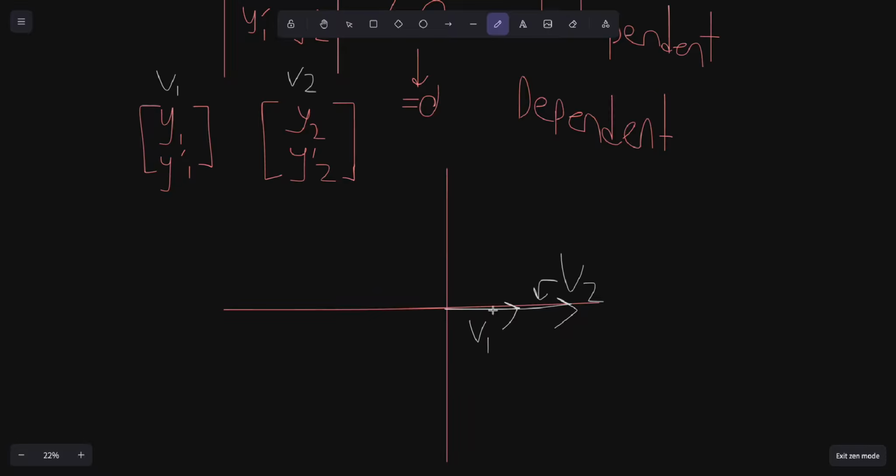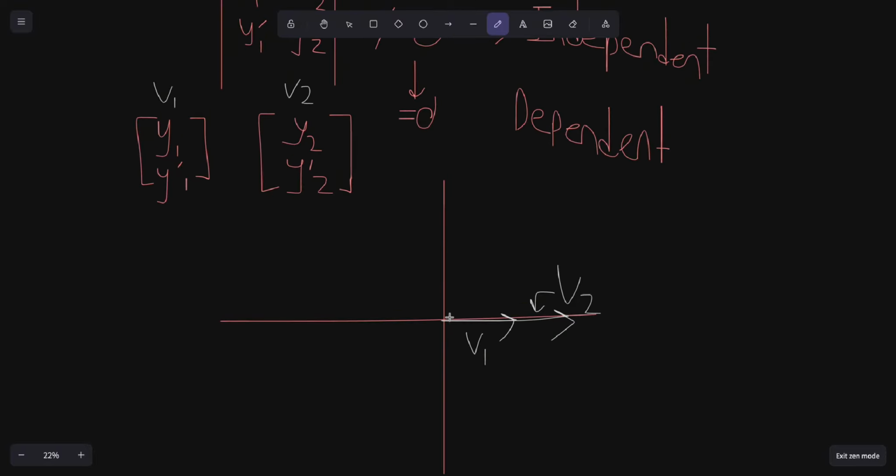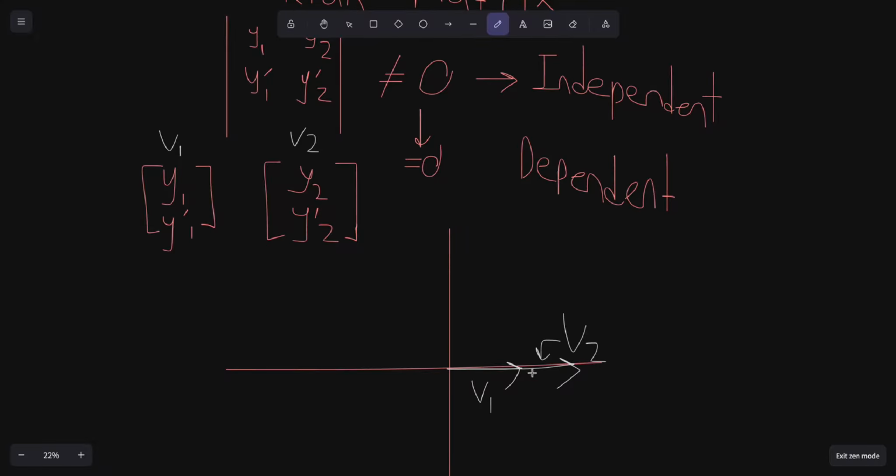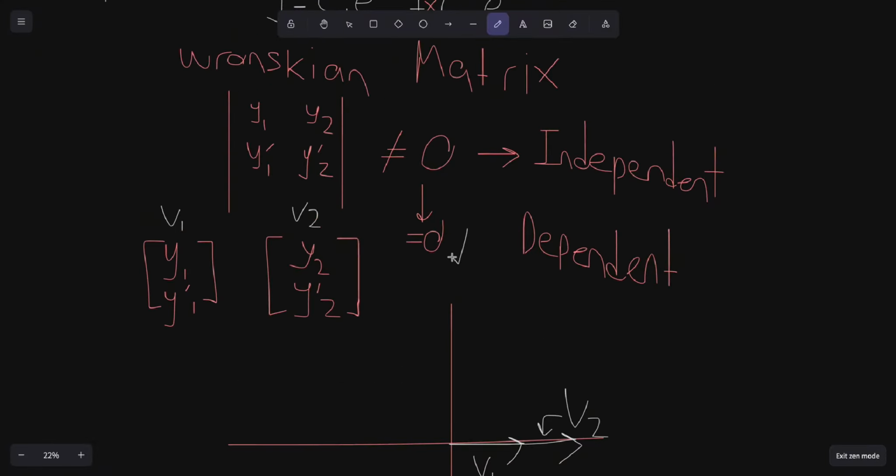Notice how they don't really form a parallelogram. They don't form a parallelogram at all. And so the area of the parallelogram that they form is just going to be 0, right? They are not forming a parallelogram. It has an area of 0. And so that means that